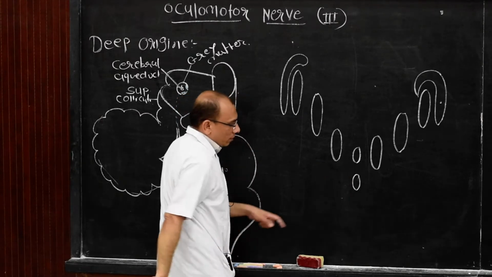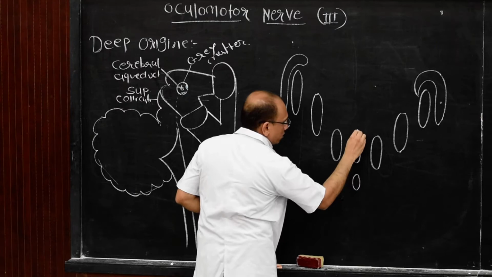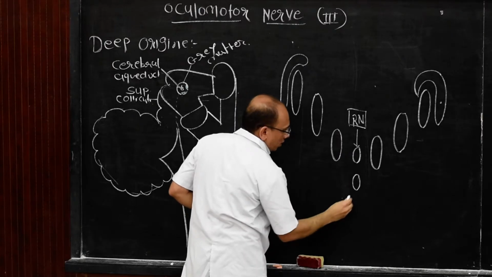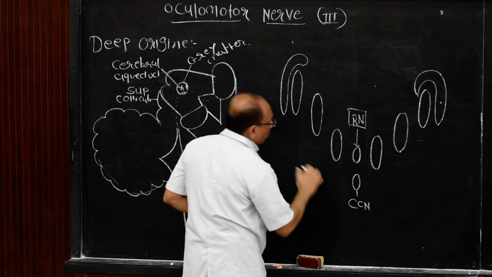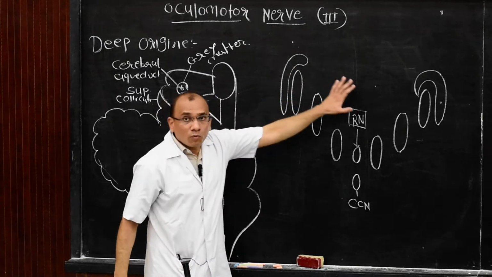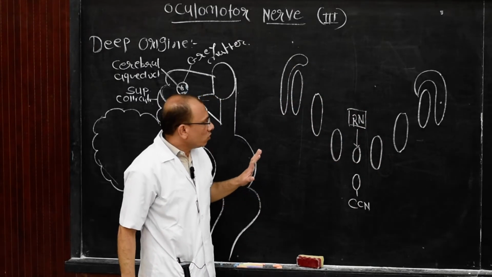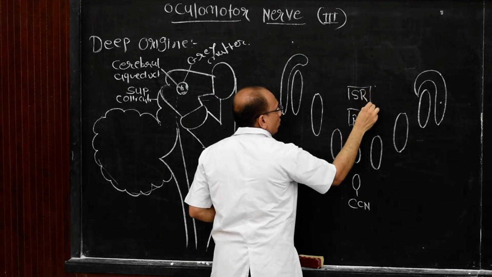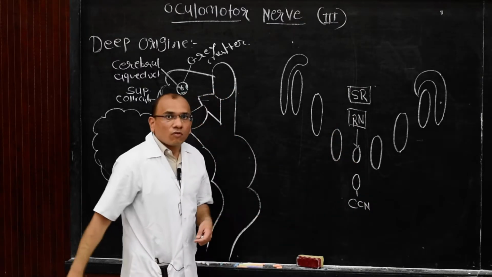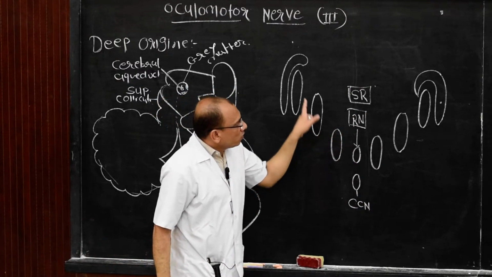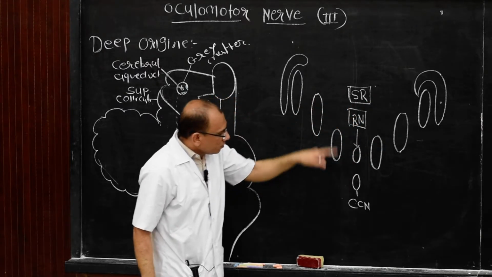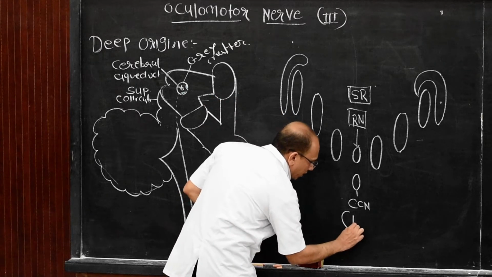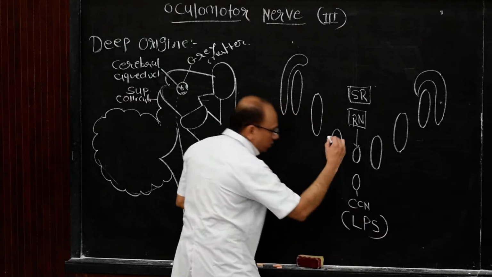Centrally, there are two unpaired nuclei. This one is called the Raphe nucleus, and this one is the caudal central nucleus. All these nuclei are collectively called the oculomotor nuclear complex. The Raphe nucleus supplies the superior rectus muscle, an extraocular muscle of the eyeball, already discussed in previous lectures. And the caudal central nucleus supplies the levator palpebrae superioris muscle,